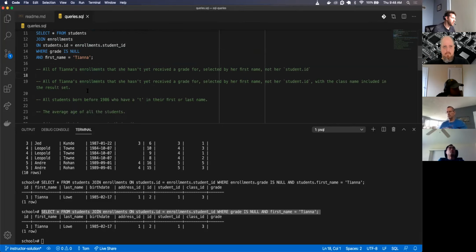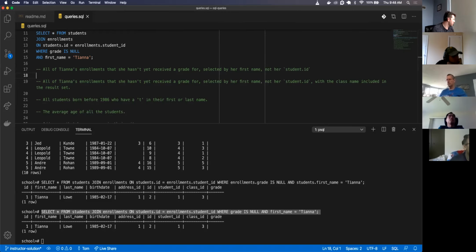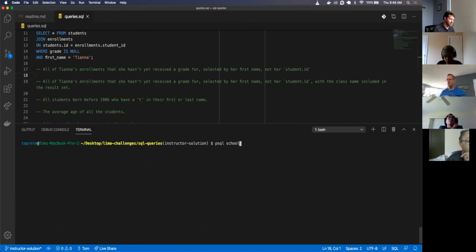Kenesha, all of Tiana's enrollments that she hasn't yet received a grade for, selected by her first name, not her student ID. Oh, I think that's what we just did, right? Yeah. I knew what I wanted to display, but I was lost on what exactly should be displayed.